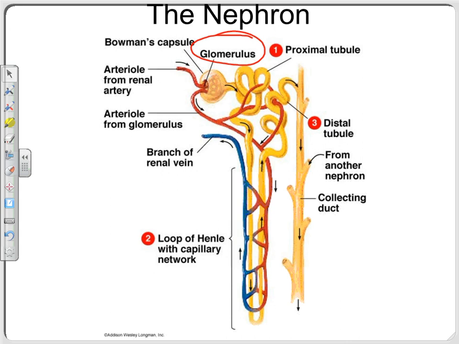From there, since it's a funnel, the stuff is directed into this first part of the tube called the proximal convoluted tubule. There's where step two of urine formation happens. What is step two called? It's called tubular reabsorption. Tubular reabsorption, because it's happening inside the tube. In tubular reabsorption, here's what happens.